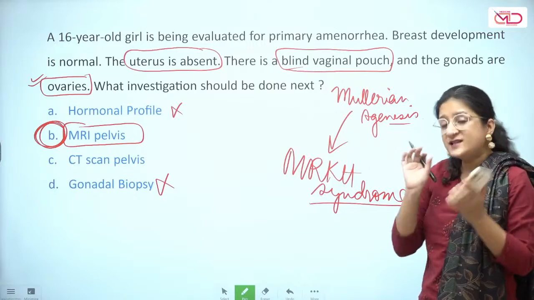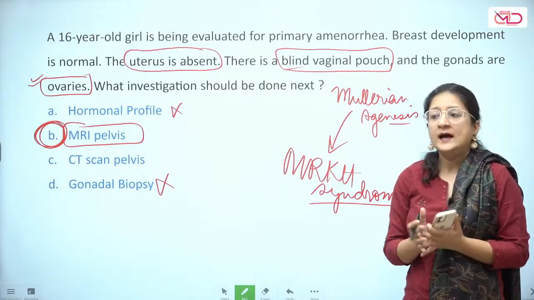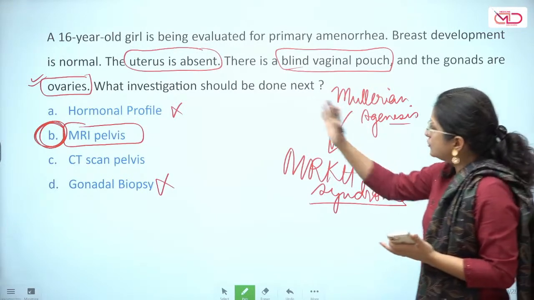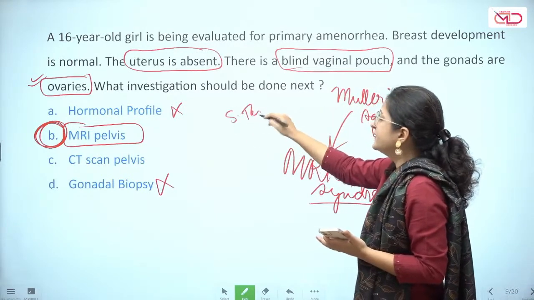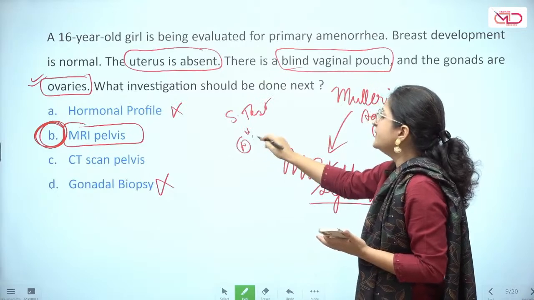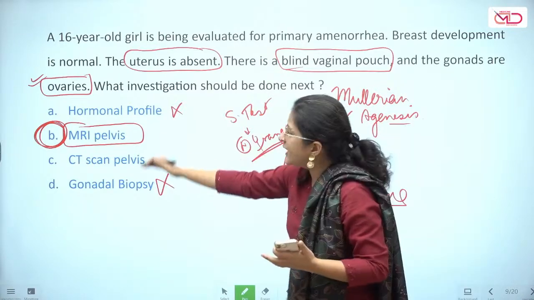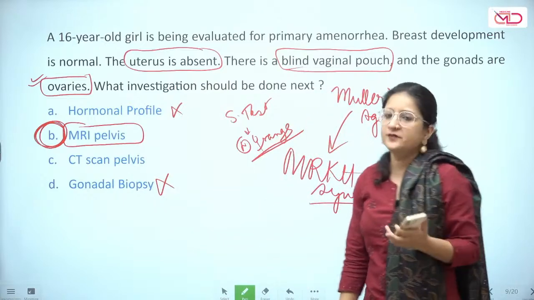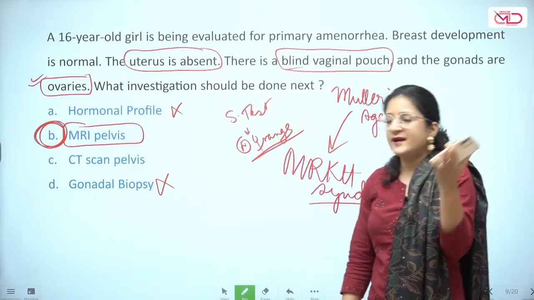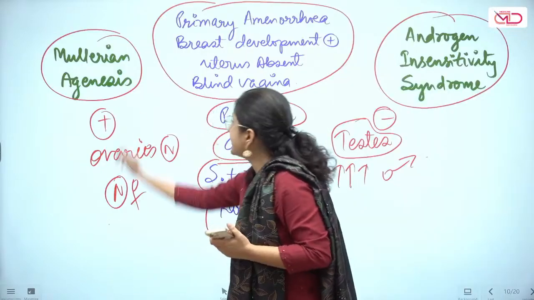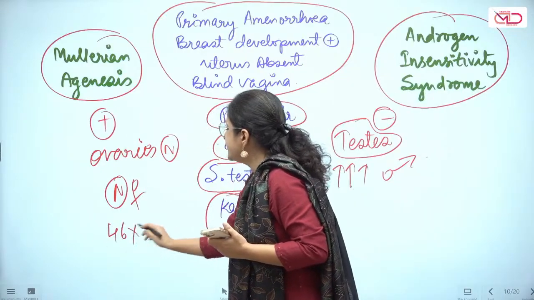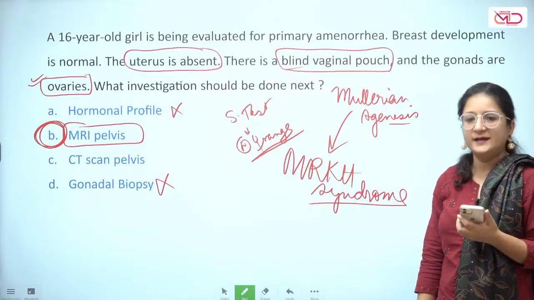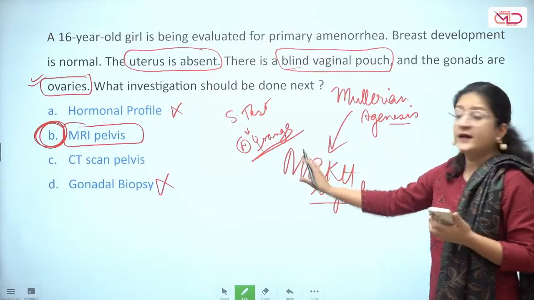Now, Sadia is asking about testing serum testosterone to rule out whether or not it is androgen insensitivity syndrome. I can also go for a serum testosterone level here. They will be in the normal female range. That has not been provided to you in the options, but I agree with you that if the serum testosterone levels are in the normal range, and the karyotype in Mullerian agenesis is normal, you would rule out androgen insensitivity syndrome. You would also go for